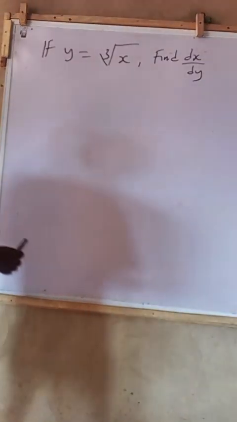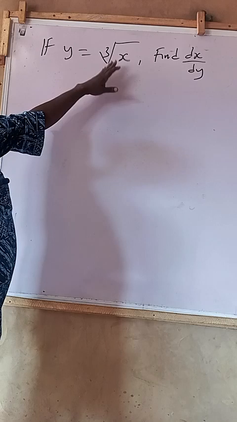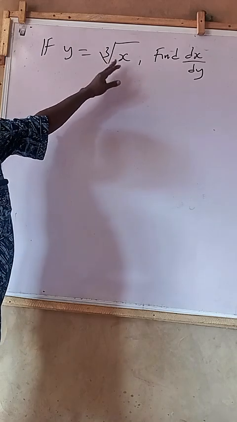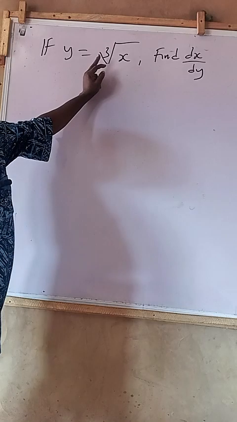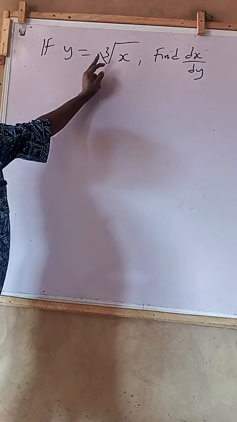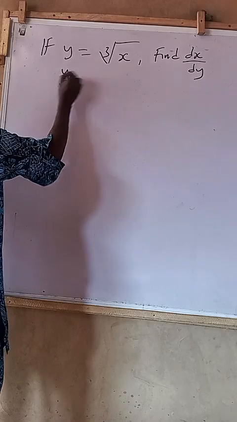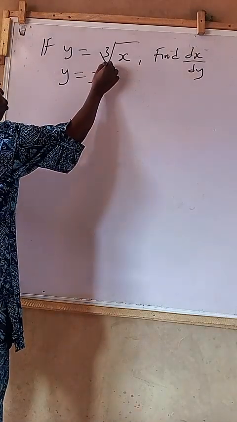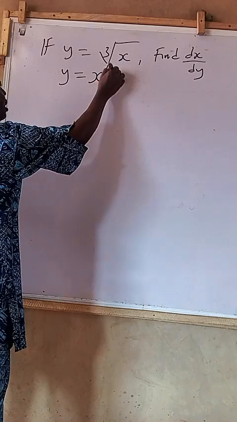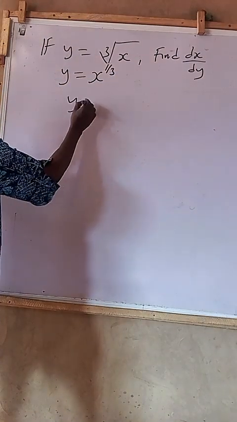Now, what can we do? Look at this. That's why indices are very important. You have to turn this one so that it can be easily differentiated. Look at me. y will now be equal to x raised to power 1/3 because it's 3. For instance, let's say when you have this,